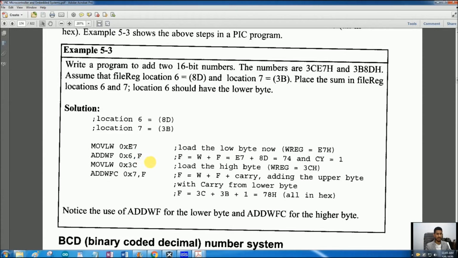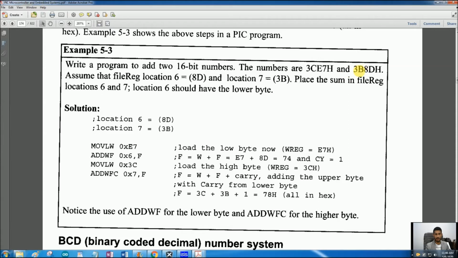Now what's left is we have to add the upper bytes of these two numbers, but we have to consider the carry also. So we can move the literal value, MOVLW 0x3C. 3C is the upper byte of one number, and then we add to the working register the file register that contains the upper byte of the second number.